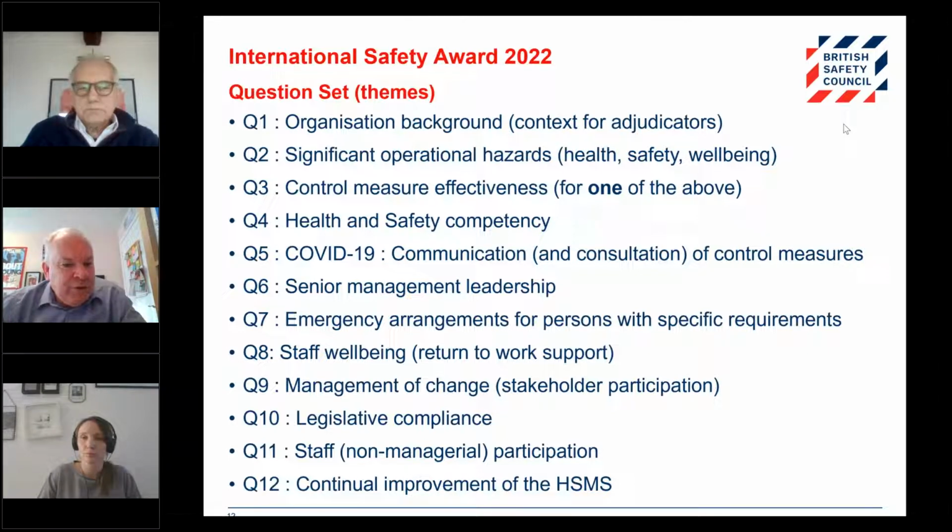Question 9, we've sort of covered management of change. Neil spoke about that and gave some examples from previous applicants. Question 10 is about legislative compliance, and what that means really is we're looking for you to describe how you